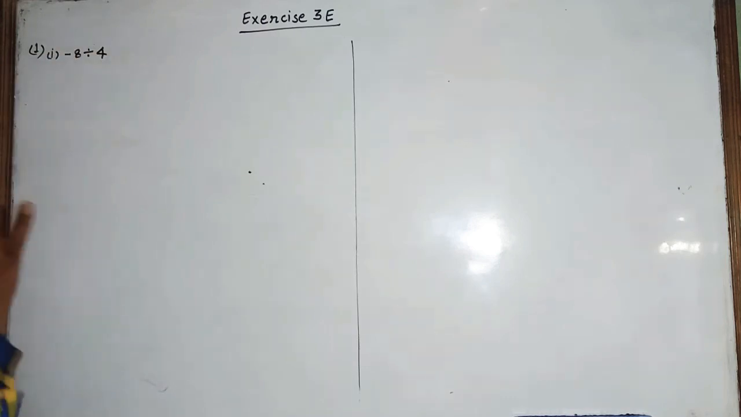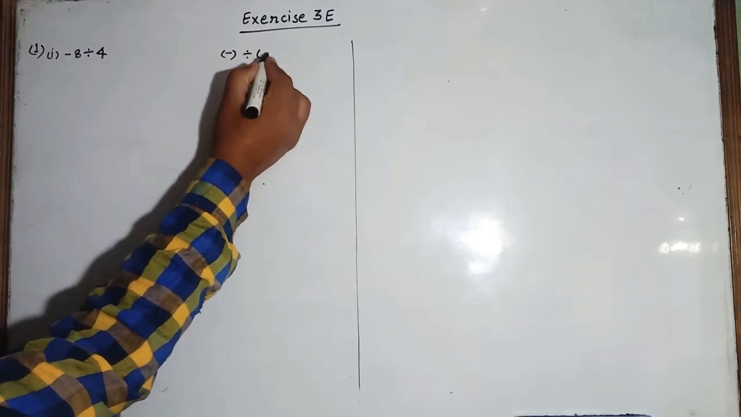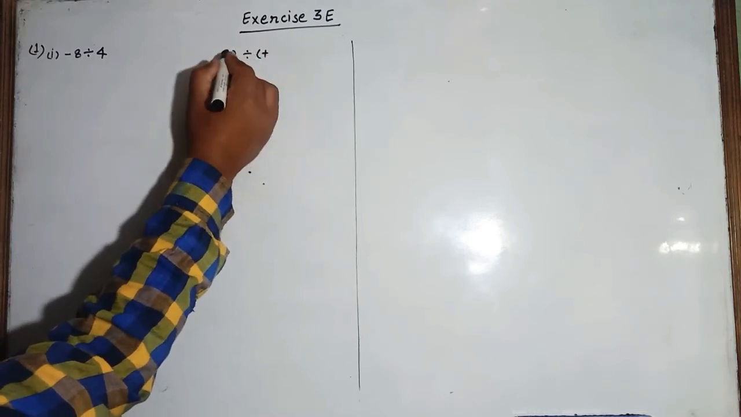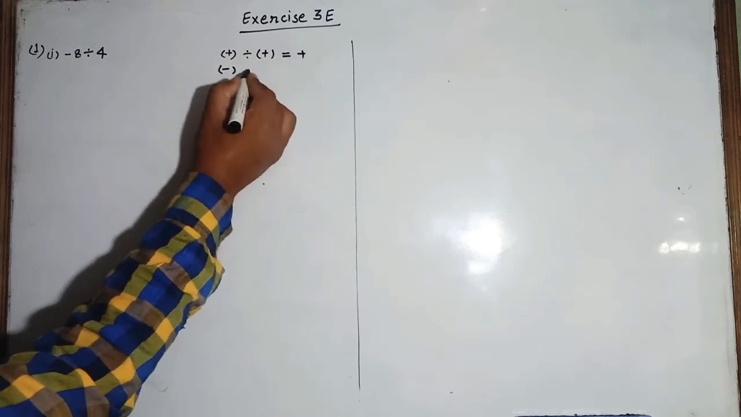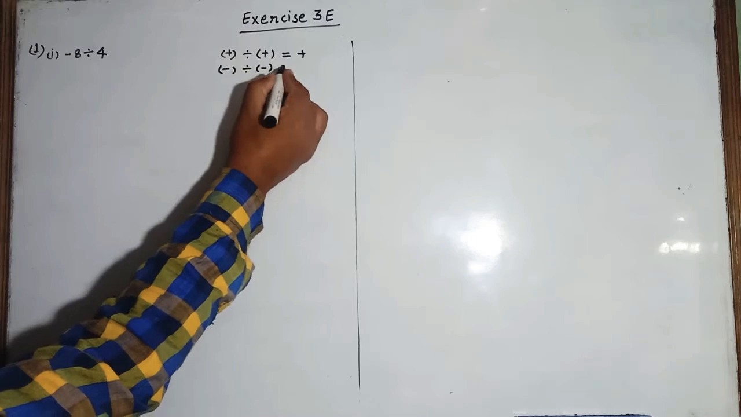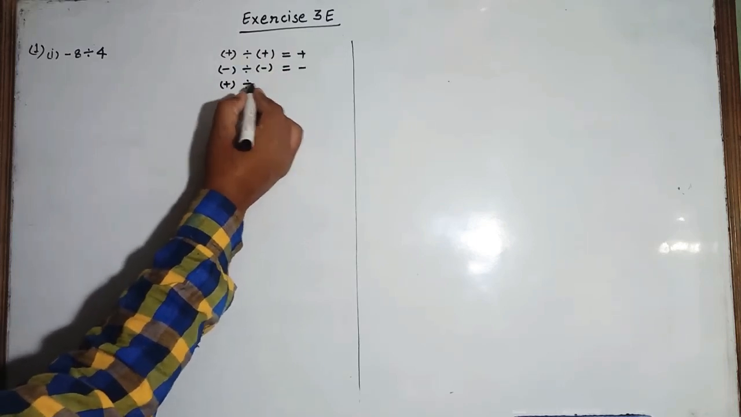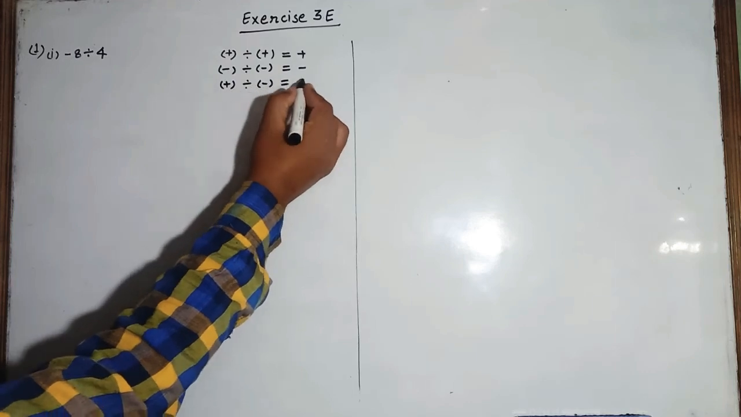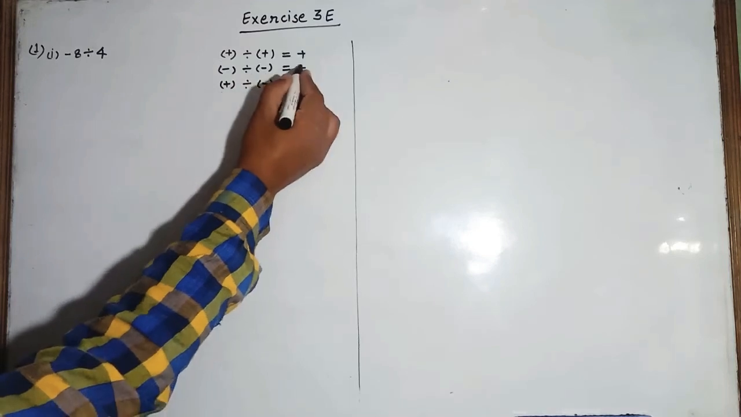Before doing this you have to know, if we are dividing two positive numbers then our result will be positive only. If we are dividing two negative numbers, then our result will be positive only. If we are dividing one positive number and one negative number, then always our result will be negative. In this case,